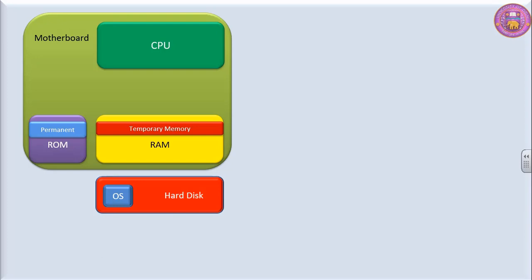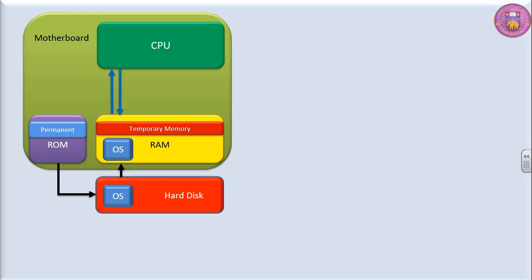The operating system resides on the hard disk. The moment we switch on the computer, it searches for operating system. It locates the operating system and it copies the operating system from hard disk and it takes it to RAM. RAM gets the operating system. Now the operating system takes control of the whole computer. Here the role of ROM comes to an end.